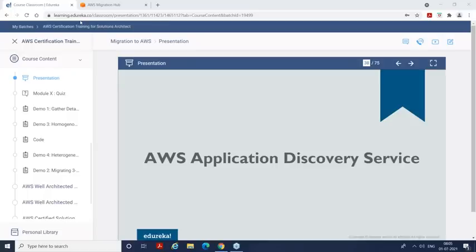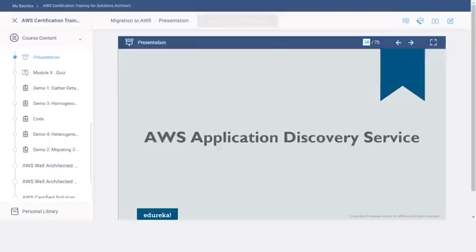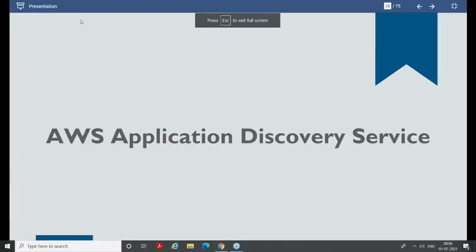Great. So before the break, we talked about migration strategies on AWS. Now, let us move a bit forward and talk about other aspects of migration. Next is your AWS Application Discovery Service.